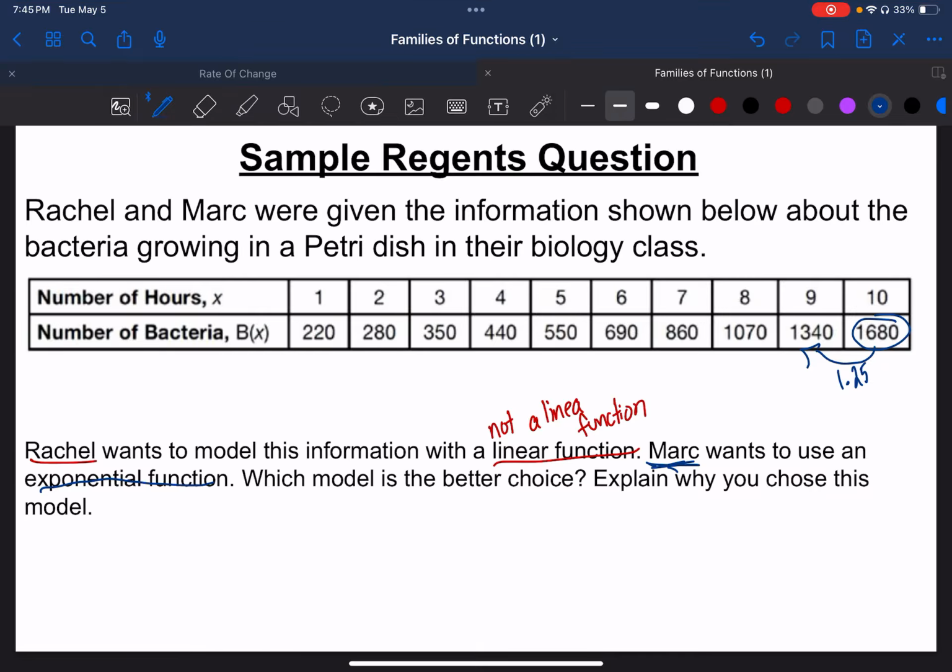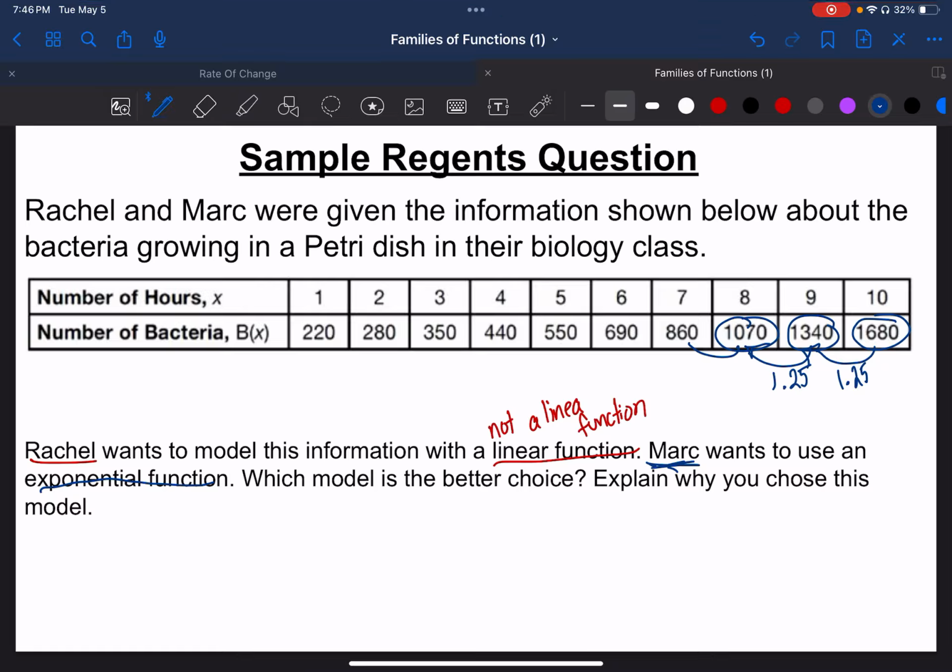Okay, now let's try 1,340 divided by 1,070. So if we divide this one divided by this one, we get something that also rounds to 1.25. So let's try it again. We're doing 1,070 divided by the one before it, so that's 860. And so we get like about